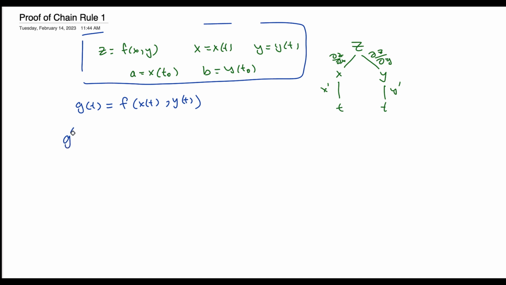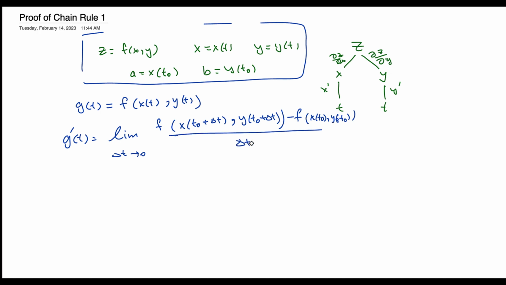So we're finding g prime of t, and g prime of t is the limit as delta t goes to 0 of f of x of t0 plus delta t and y of t0 plus delta t, minus f of x of t0 and y of t0,